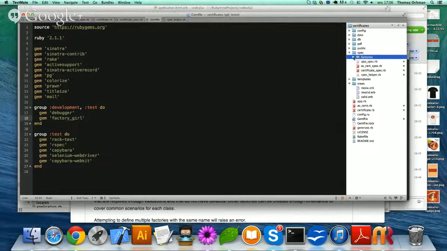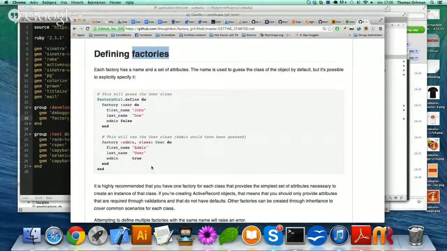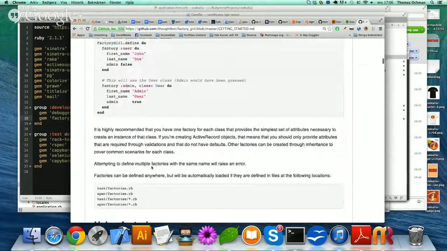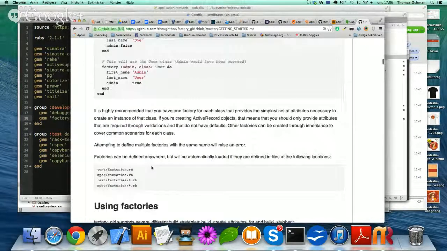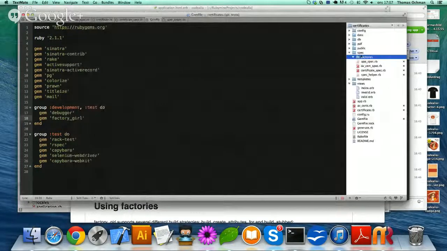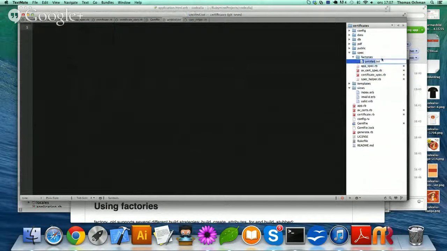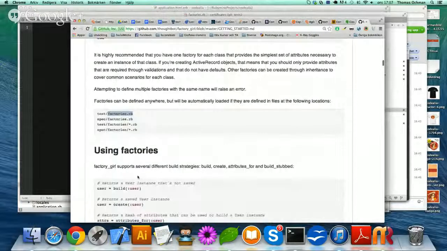Factories and issue aspects. Factories RB. Yeah. So in that folder, I create one called factories RB, right? I think so. Yeah, that's what I think, at least. And then we go. Okay, so here you go.